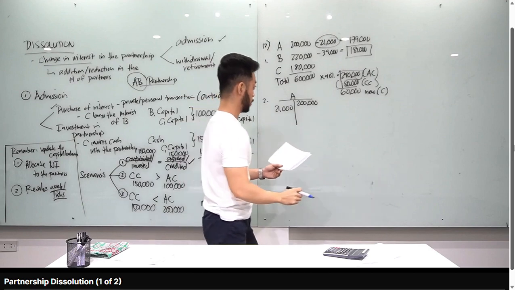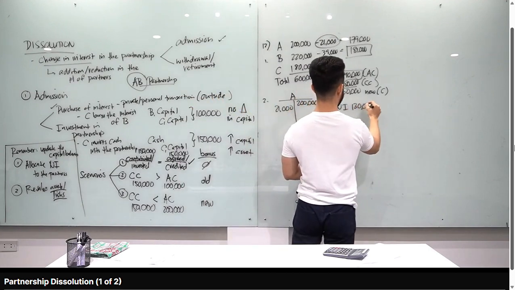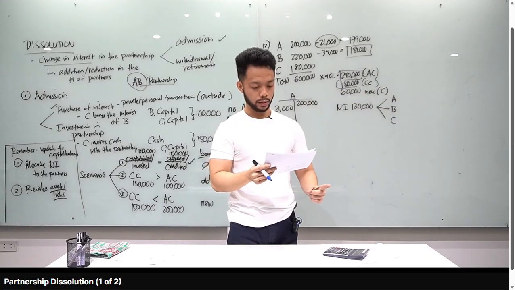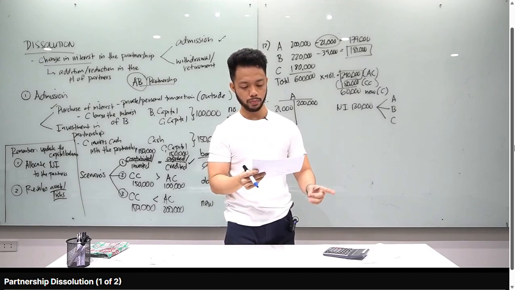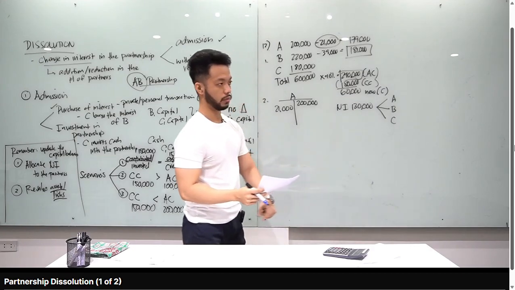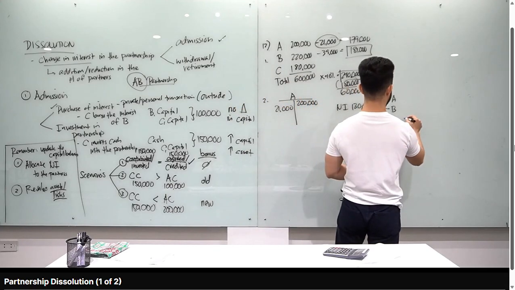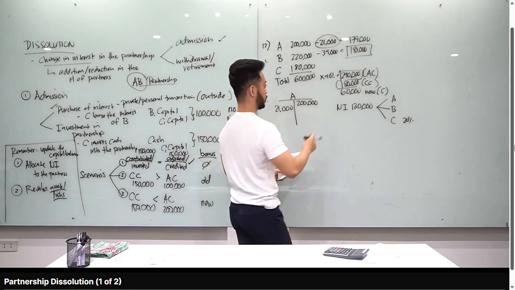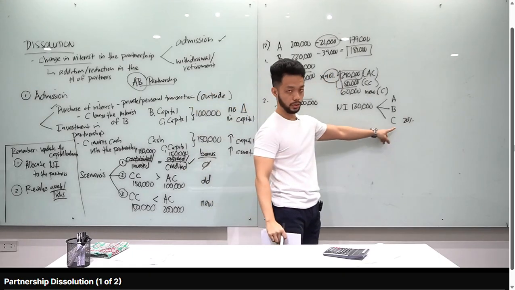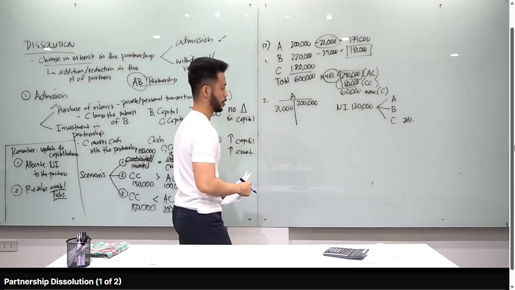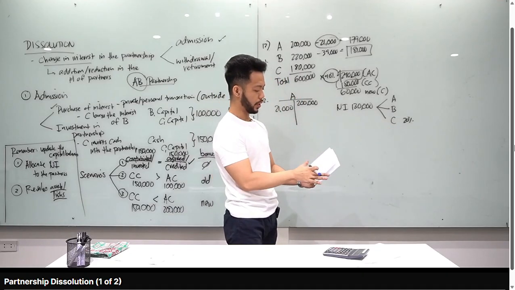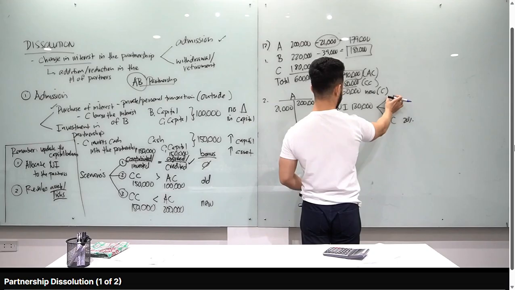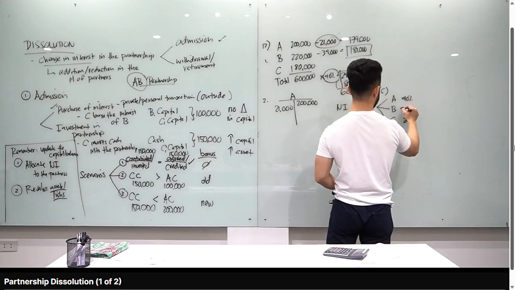Okay, so yung net income na yan, class, na 130,000, paano natin i-allocate to the 3 partners yan? A, B, and C. Okay, so sabi dyan, class, second to the last sentence, after admission of C, A and B agreed to share P&L equally. Okay, ilang percent yung P&L ratio of partner C? 20%. Nakita mo yung 20%? Nakita mo yan? So as you notice, ang ginamit natin dito, yung capital ratio. Ayan. Capital ratio. Pero ang ginamit mo sa net income allocation is the P&L ratio. Okay, iba yung dalawa na yun, as I discussed earlier. Now, sabi dyan, after admission of C, A and B agreed to share profits and losses equally. So, ibig sabihin, class, kung may 20% si C, merong 80% total sa A and B. Ano yung equal nun? 40-40 sila. Does that make sense? Okay.